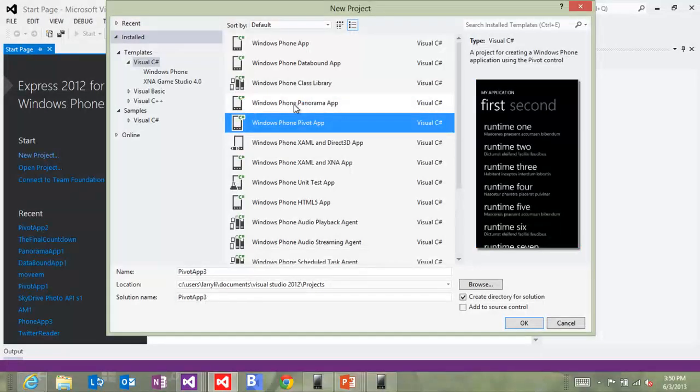A pivot application. One of the things we found early on was that we focused on pivot and panorama being sort of the concepts of our phone design system. But you don't have to use a pivot and panorama. In fact, you don't at all need to use those controls. They don't define this design system. They are available, but we found that a lot of applications overuse these. I know that I've seen some applications that, for example, detail information about different sets of languages or different states in the United States, and it would have 50 pivots.